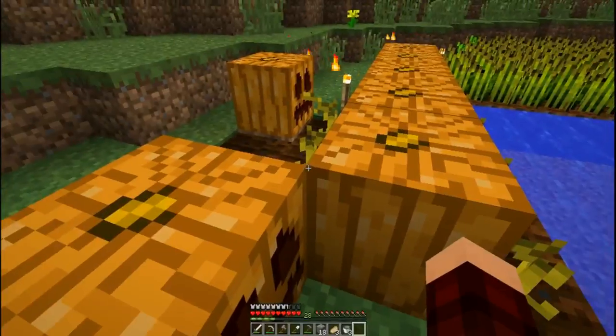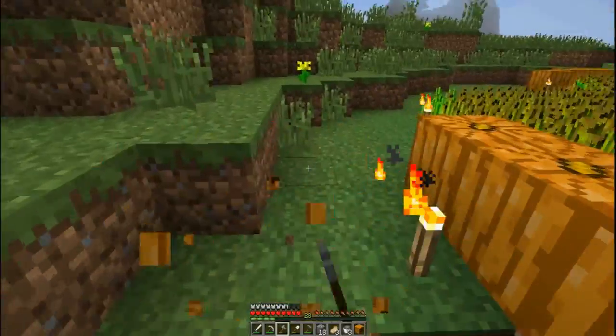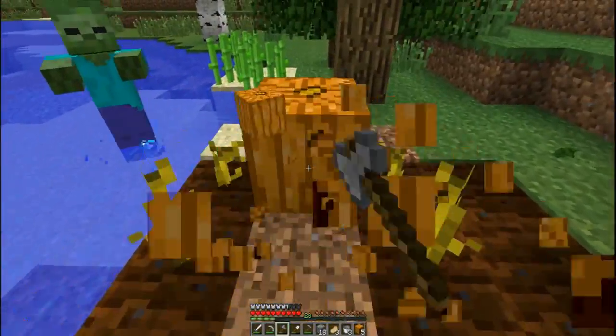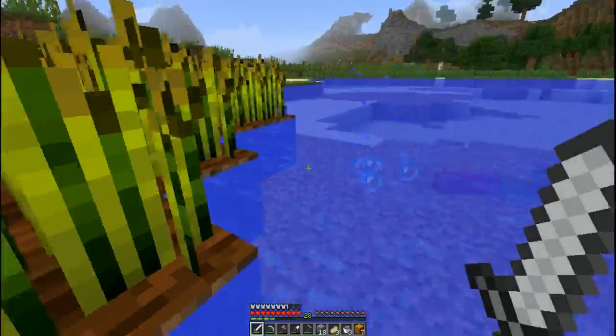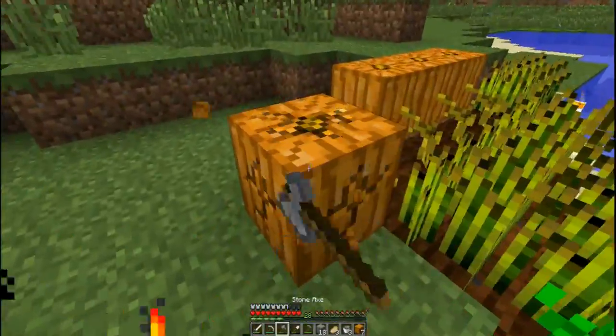Sugarcane textures look different in default now. I wonder how old that is. I don't play in default ever, so... Hey, Mr. Zombie. I want to find a village, because we need to get villagers to trade for. I always forget about that feature. Because I want